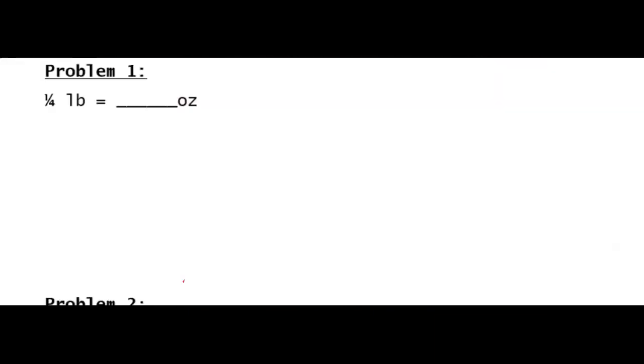Let's go ahead and take a look at problem number 1. This problem asks us to find 1/4 of a pound and then to say what that is in a different unit, in ounces. So the larger unit here is pounds and the smaller unit is ounces. We know that there are 16 ounces in 1 pound. So what the problem is asking us is to tell how many ounces is equal to